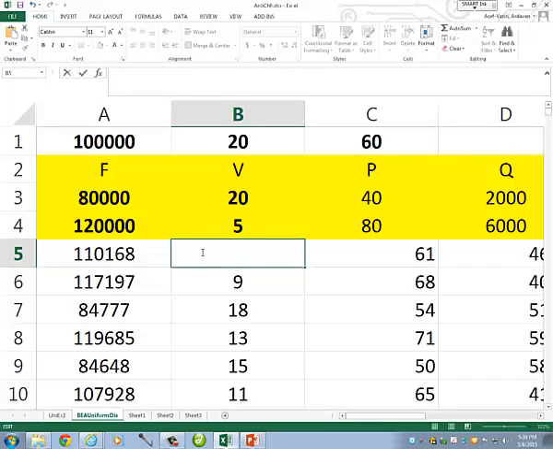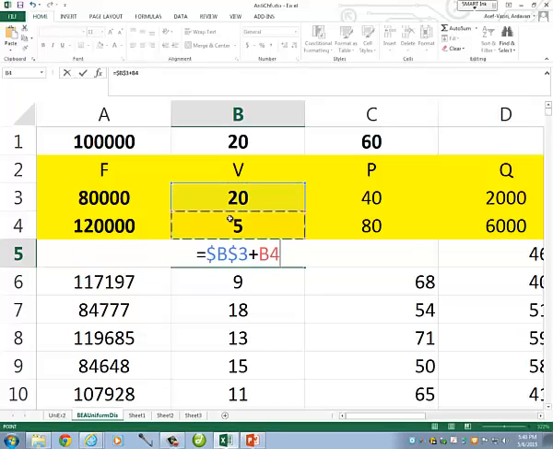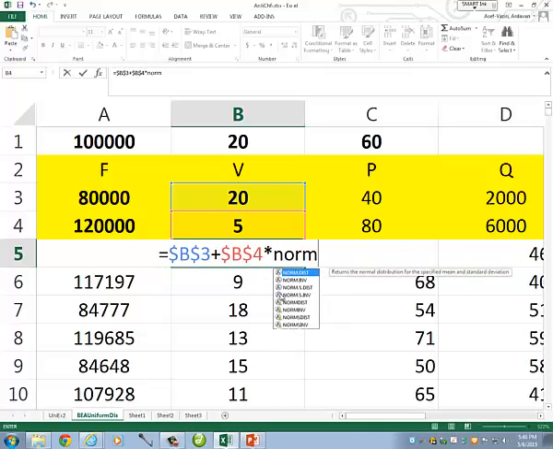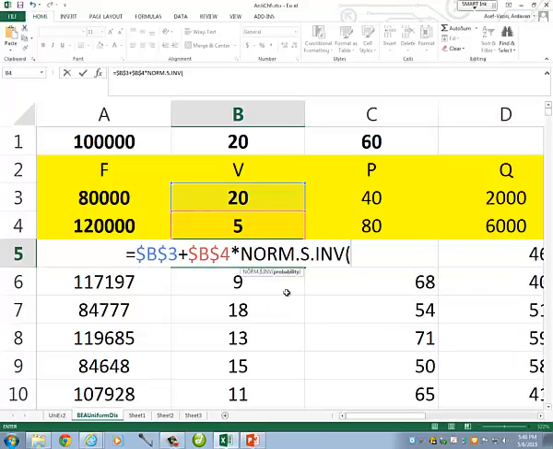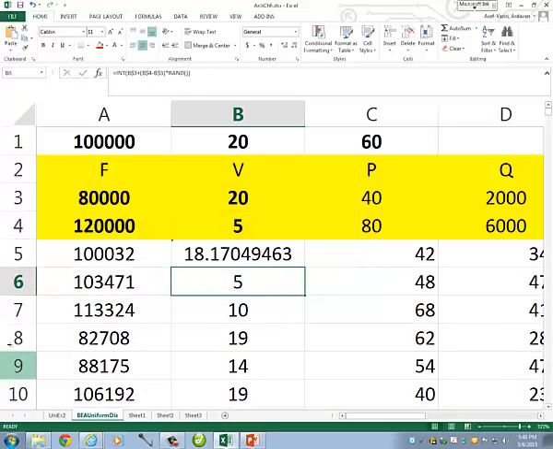Equal to mean, which is this one, lock it, plus standard deviation, which is this one, lock it, multiplied by NORM.S.INV(RAND()). This is a normal random variable with a mean of 20 and a standard deviation of 5,